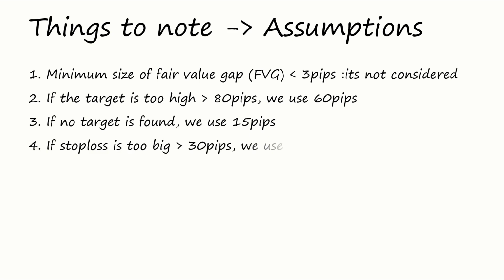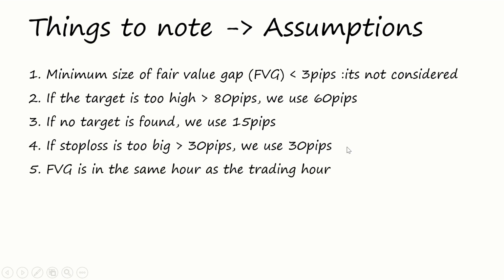The next thing is if the stop loss was greater than 30 pips, then I reduced it to 30 pips. And finally, all the fair value gaps you'll see are in the same hour as the trading hour. So those are the 5 assumptions that I took when making the EA for this trading